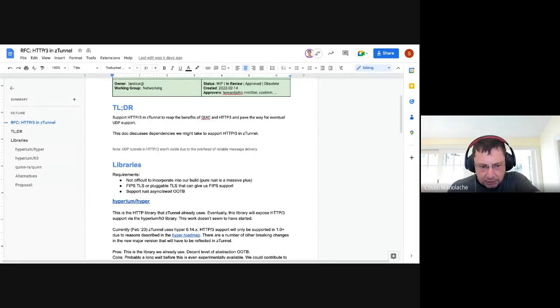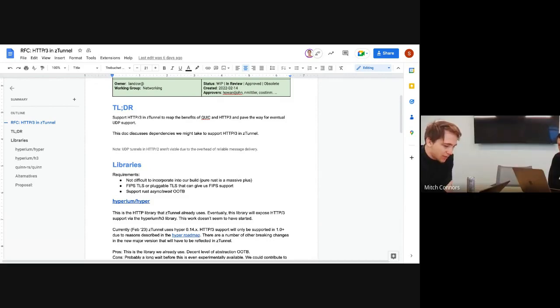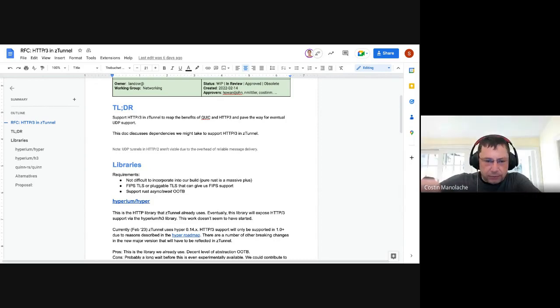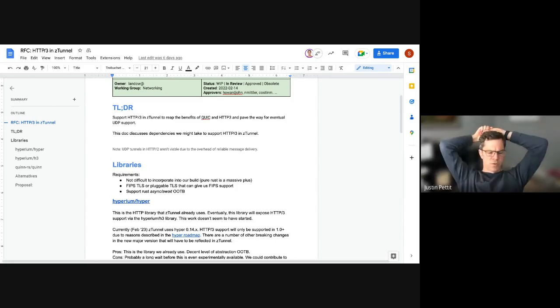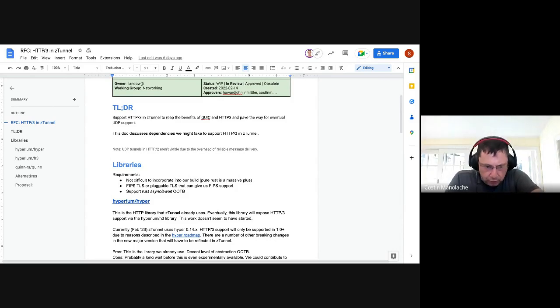Read the part about datagram handling. Okay, I did not know that was part of H2 at all. I thought that was part of H3. No, it is. WebTransport works over both H2 and H3, and if you're using it over H2 and you send UDP datagrams, it has this provision that, unlike reliable transports, you have the option to just drop datagrams. How does that work? I mean, it must be on the transmit side. Like if it gets backed up, then it drops them. Exactly, which is what UDP does as well, normally.